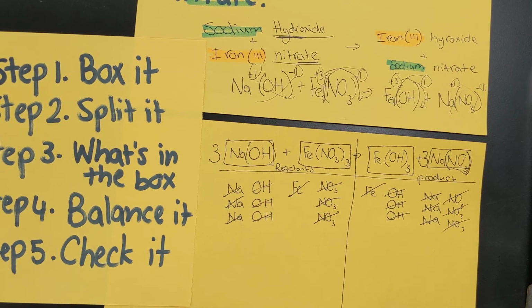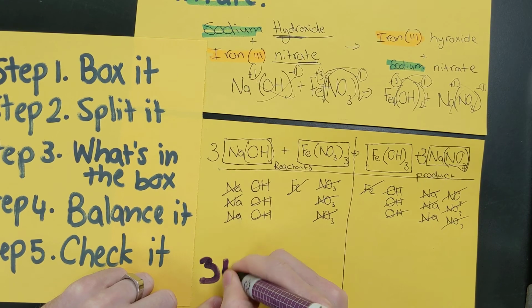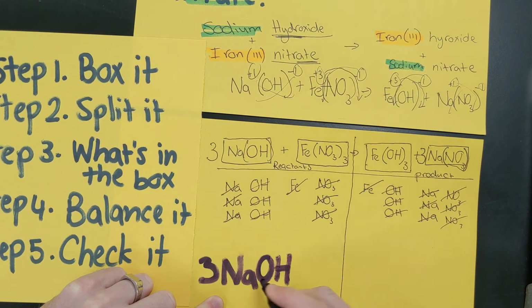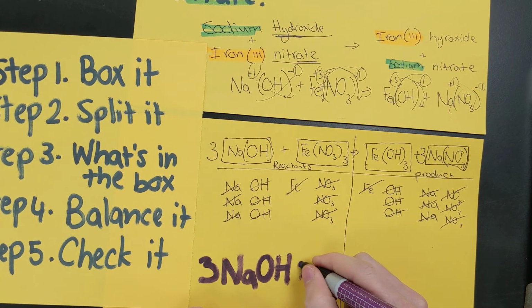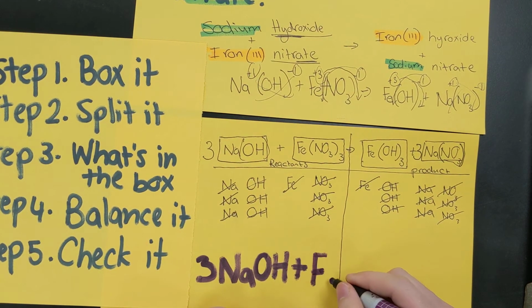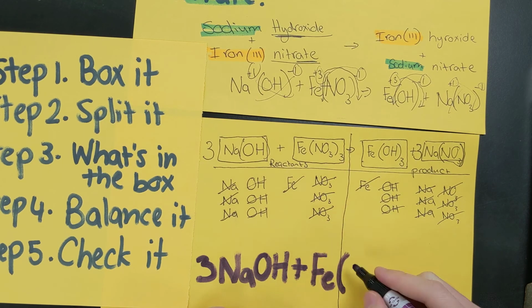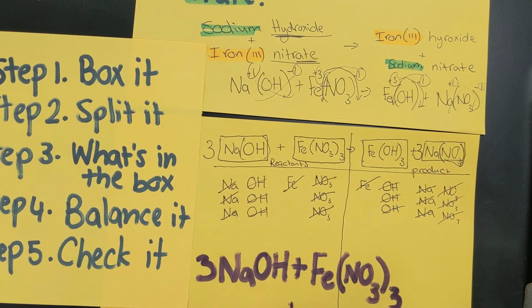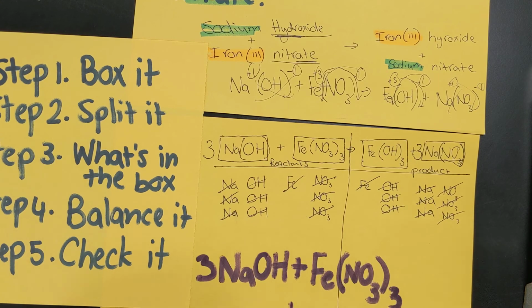To write it out officially, we would get our lovely pen out and we could write it as 3 NaOH. Please notice how I left out the brackets on that one. It's because it is not compulsory and that brackets is purely to help you. The next one would be Fe(NO3), brackets. It is compulsory on this one because we have that 3 down at the bottom there. NO3 with that 3 on the outside, and what this is going to be adding to, I'm just going to change my pen, is going to be